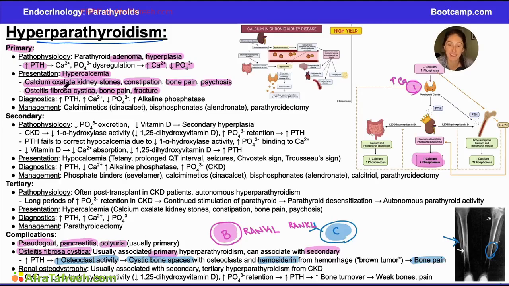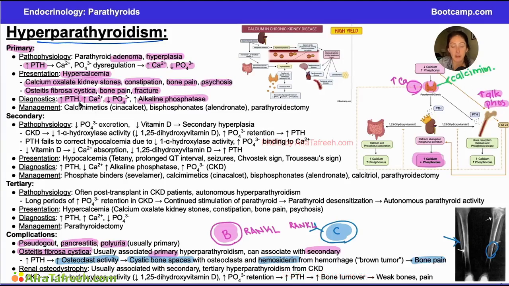presentation as well. Diagnostics for primary hyperparathyroidism should make sense to you if you understand this pathway. First, we have elevated parathyroid hormone. We have increased calcium and decreased phosphorus. And that should make sense to you because parathyroid hormone is doing its normal job at our end organs, even though there's too much of it, and it is increasing levels of calcium and decreasing levels of phosphorus. Our increasing alkaline phosphatase is resulting from that increase in bone turnover, and you may certainly see that on labs